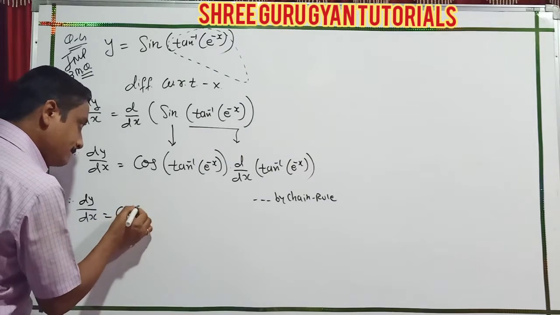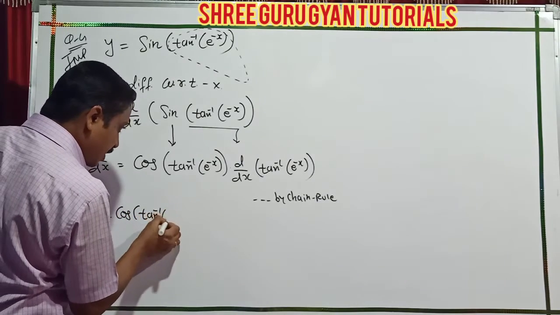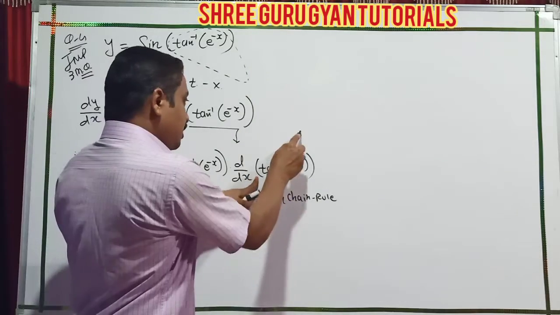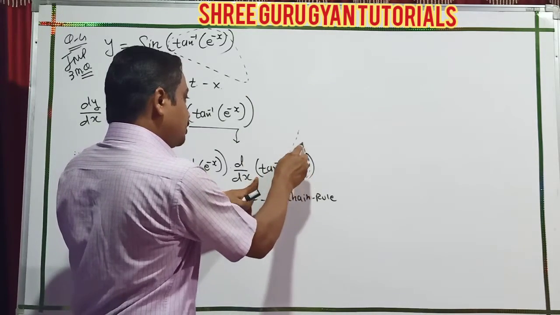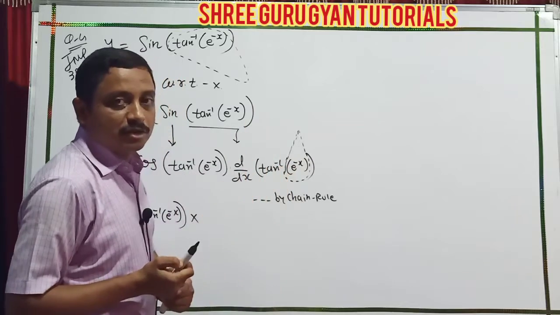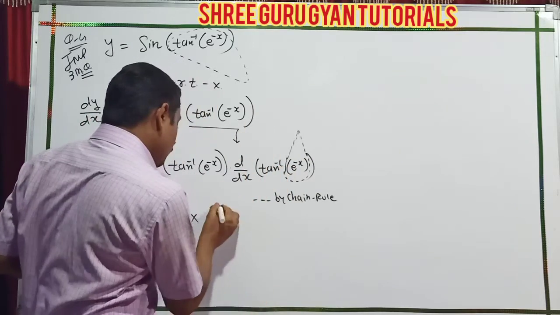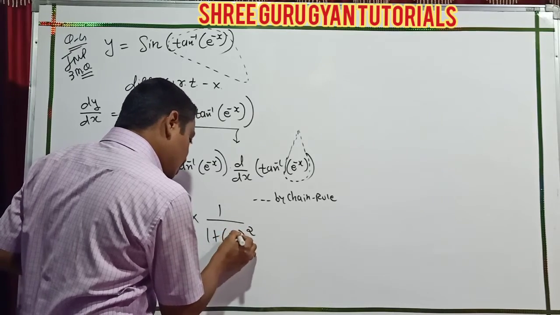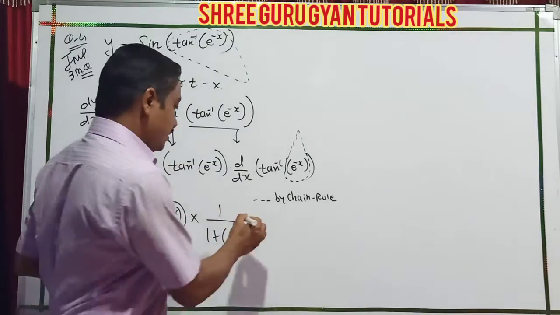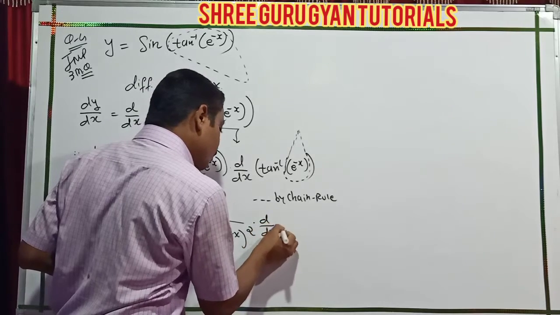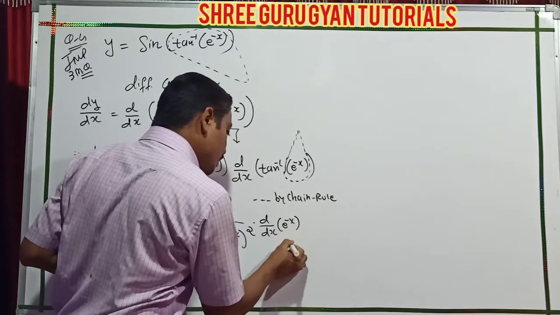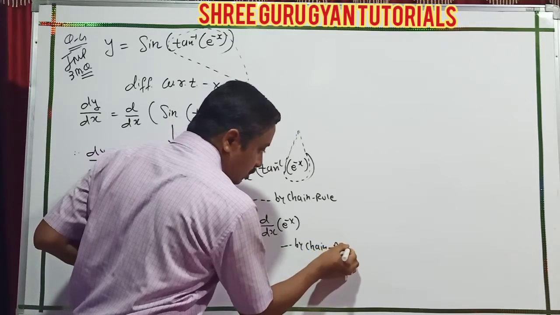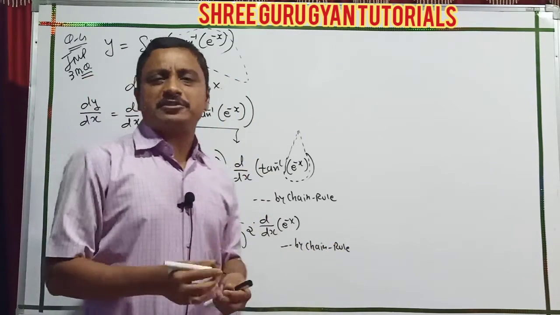Now this same is the sine derivative, cos, and now here we ask the same for the two. So cos of tan inverse e raised to minus x. Now for tan inverse, here you treat it as one of these composition functions, students. So what is the tan inverse derivative? 1 upon 1 plus x square, where x is e raised to minus x, and the pending derivative of e raised to minus x by chain rule.